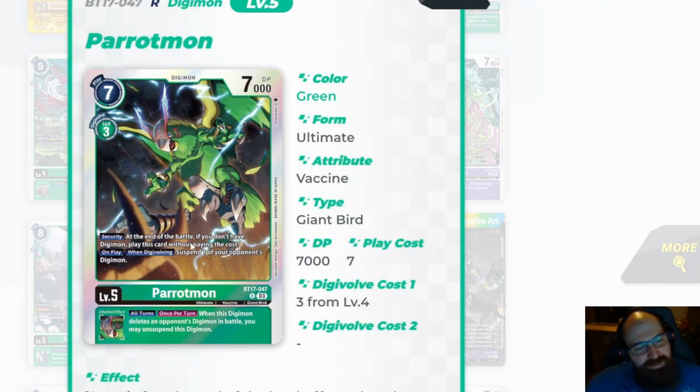Paramon security at the end of battle. If you don't have Digimon, play this card without paying the cost. On play, suspend one of your opponent's Digimon. It's obviously just very good suspending your opponent's Digimon if that's the case. The fact it took us well over 20 sets at this point, because obviously you can think of the EX6 as well as the RB1, to get our first Paramon, and then we get an extra Paramon in I think EX7 or in